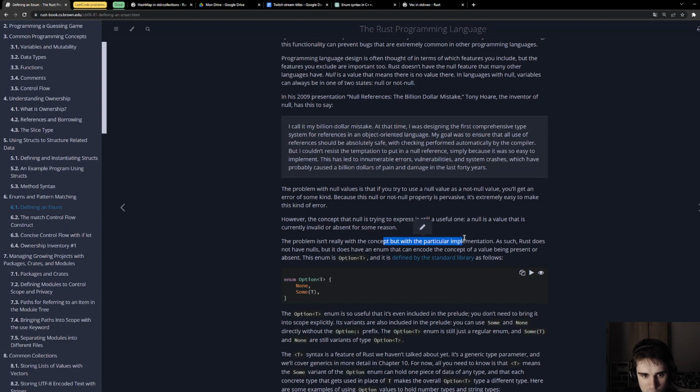The problem isn't really with the concept, but with the particular implementation. As such, Rust does not have nulls, but it does have an enum that can encode the concept of a value being present or absent.